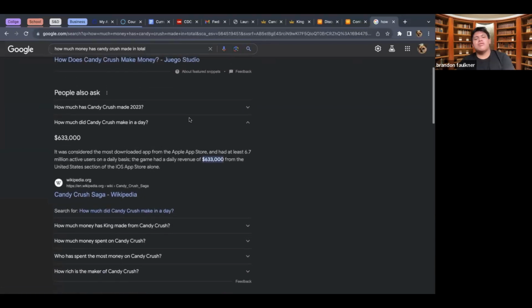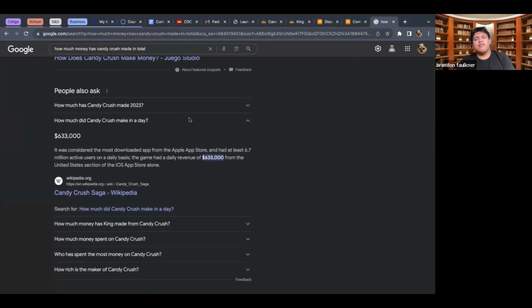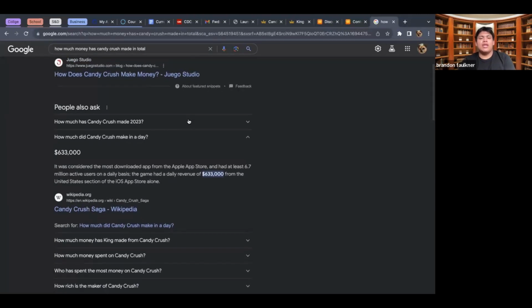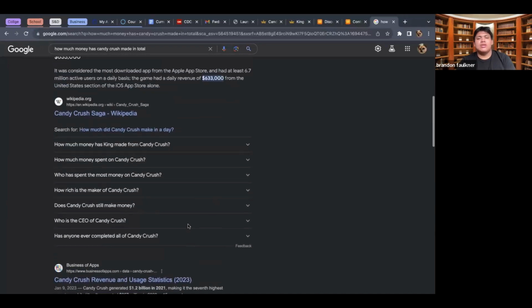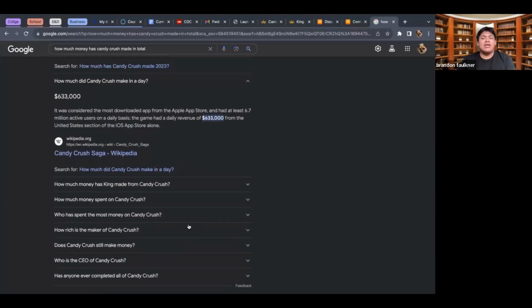So Candy Crush racks in around $633,000 per day. Per day. So of course it is one of the highest grossing mobile games because it's always recommended to people because so many people can enjoy the game. It's not just for one group.